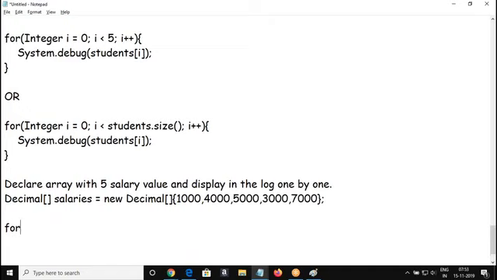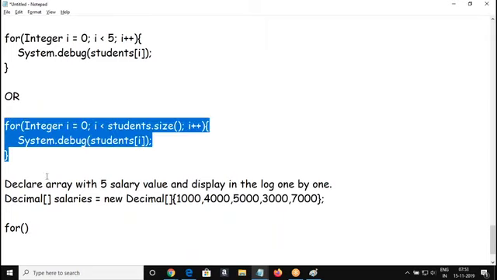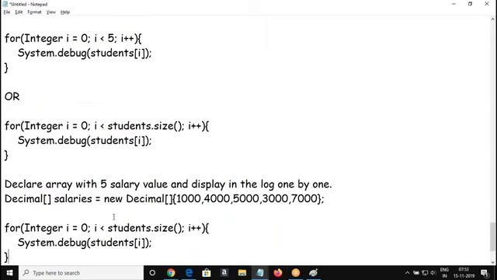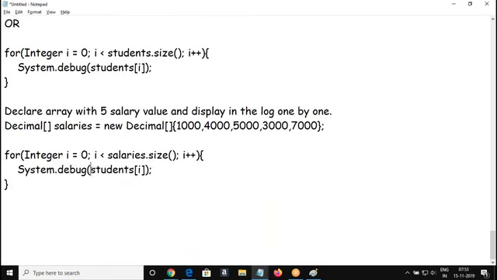So we're going to display. Same thing, you follow here, till the last element, right? So salaries till the last element. Every time we're going to display the salaries.